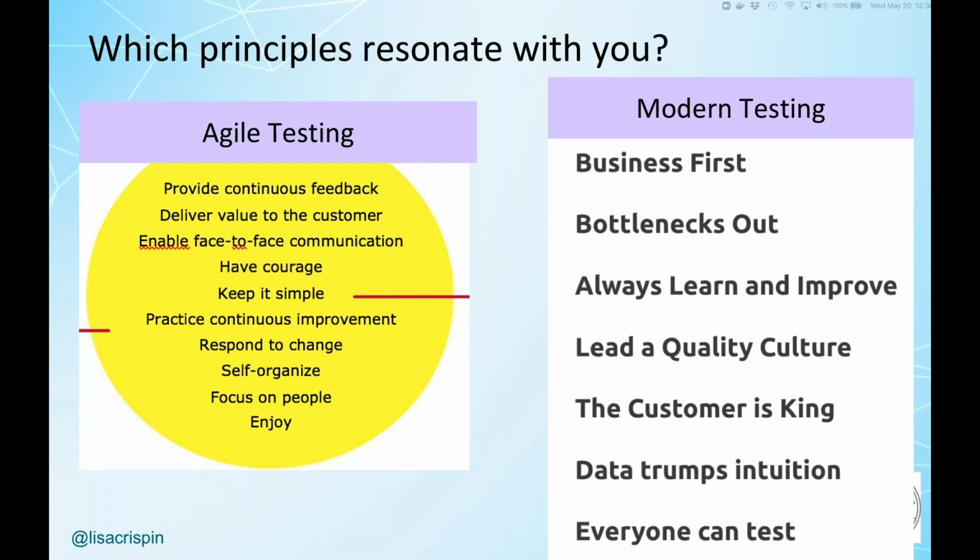So a couple of inputs here coming from the attendees. Let me just read them out for you. First one is Ivan. He says, everyone can test is flawed. And from Angela, who says, have courage. I believe she's picked one. And Anthony says, all of these seem to compete for top priority. It's a challenge to balance all continuously. Then there is Diana, who says, love 9 and 10, people and enjoy.